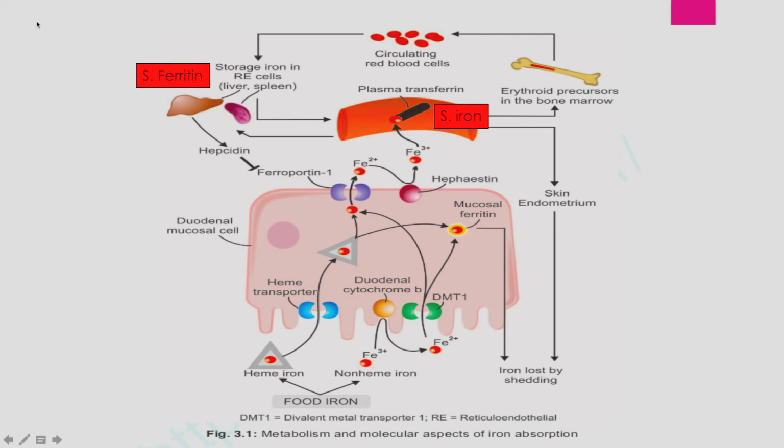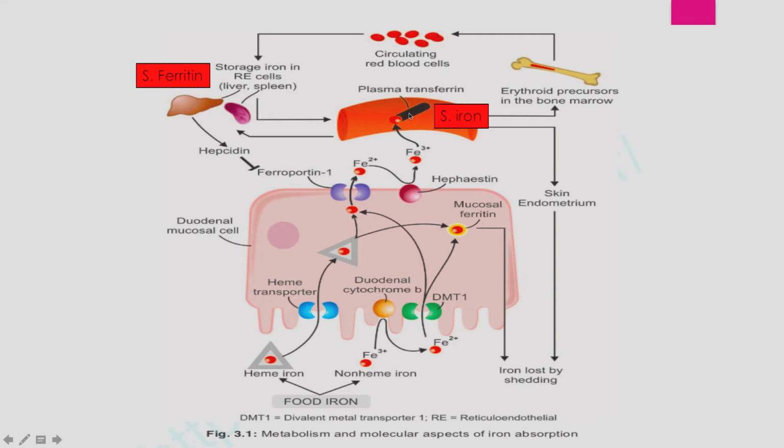Right, some of this ferritin is leaked into the blood, and the blood contains serum ferritin as well, only 10%. Right, so the blood contains the ferric form of iron in two forms: one as plasma transferrin, iron attached to the transferrin protein, and one is iron attached to the ferritin protein. Right, the ferritin is the storage form, and the plasma transferrin is the available form. The iron becomes available only from the transferrin protein.